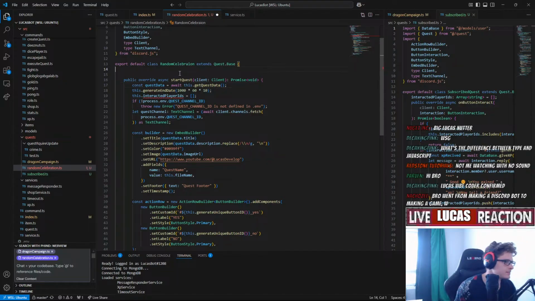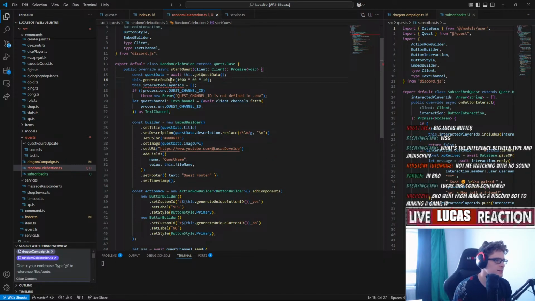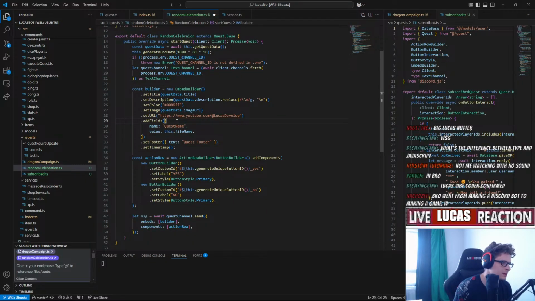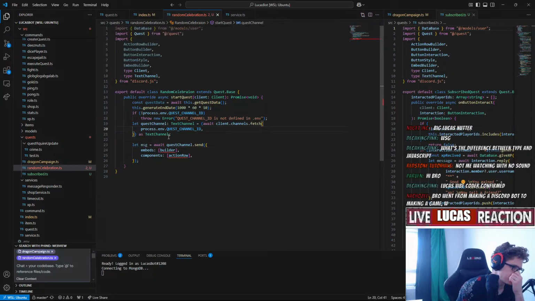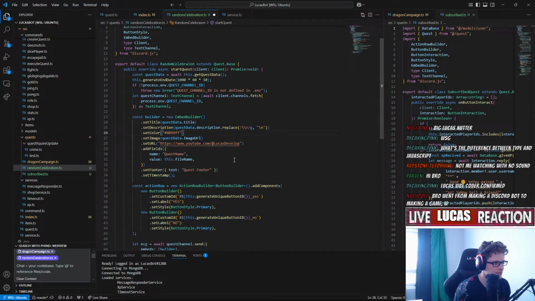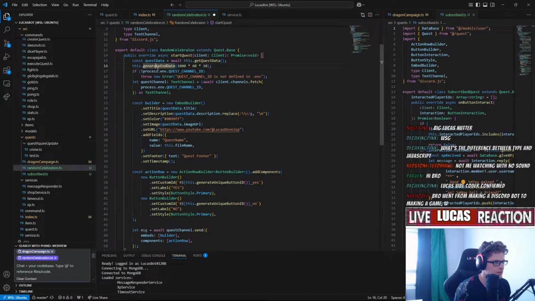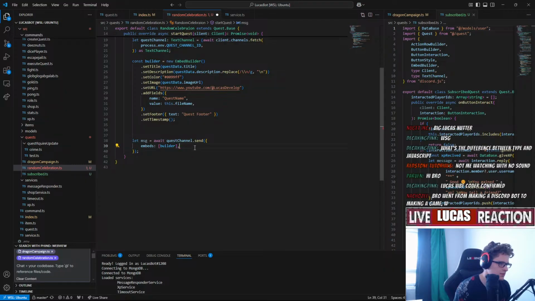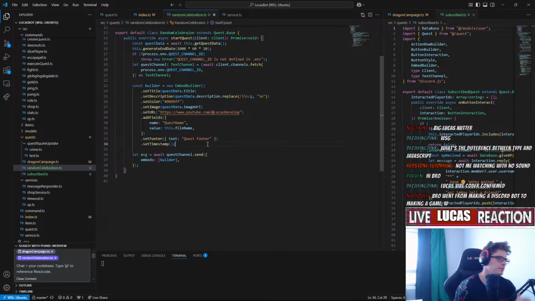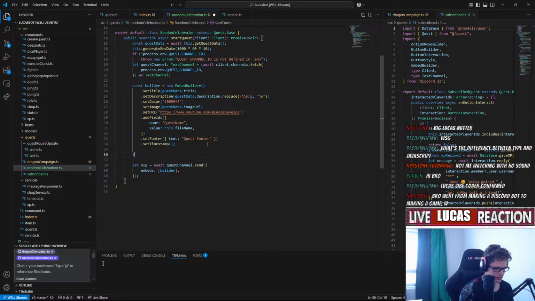Let's see, what do we have access to here? Of course, we need to get the quest data. That we don't need. We don't need to build any buttons. So we can just delete this. Wow, that's a short quest. Wait, but we need. No, wait, we need a build. We don't need this buttons thingy. I'm pretty sure we don't need it. So we can just take it off as a whole. But what we need to do is that for